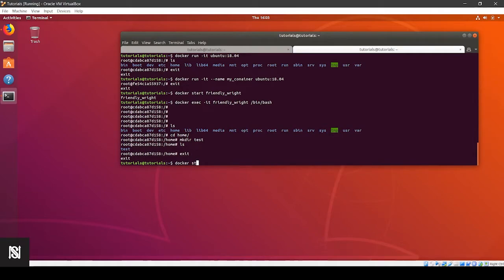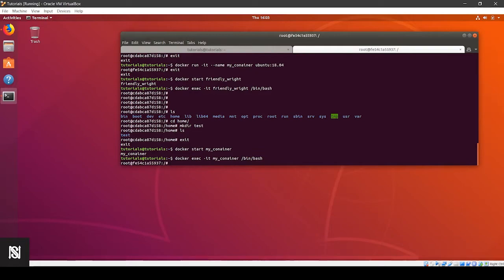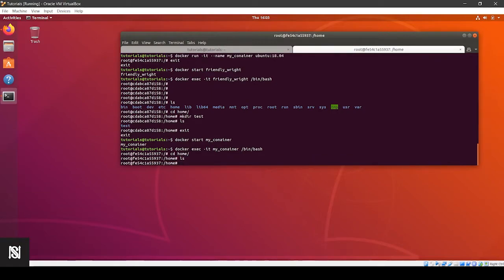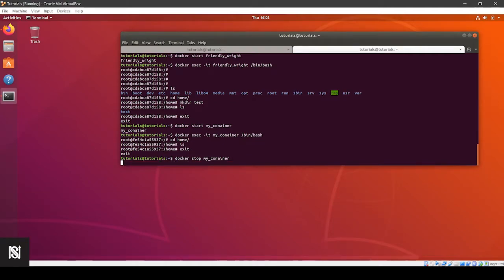If I do a docker start my container, whatever you want to call it, and I do a docker exec my container, and then if I do cd home and do ls, there's nothing. So I just exit, I stop my container. Now I'll show you what I meant.